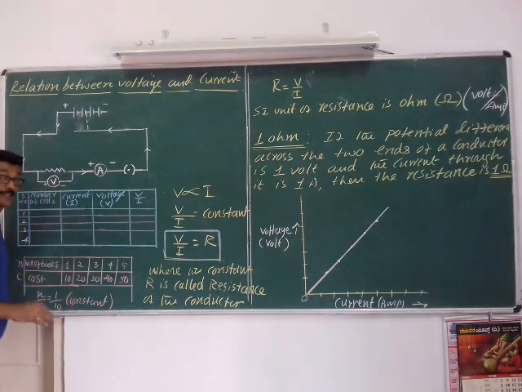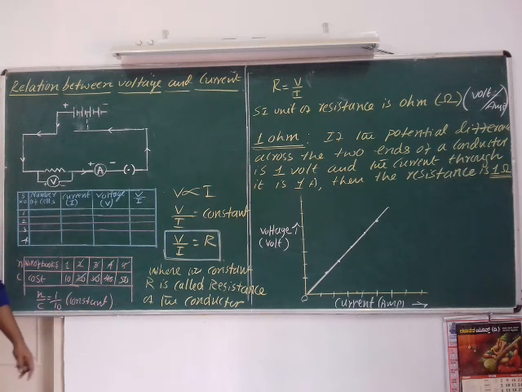Here, let me take the ratio. In each case, the ratio of number of books to the cost remains the same. What is the ratio? 1 by 10. What is the ratio? 2 by 20. On simplification, we get 1 by 10 only. 3 by 30, the ratio is once again 1 by 10. 4 by 40, that is 1 by 10.